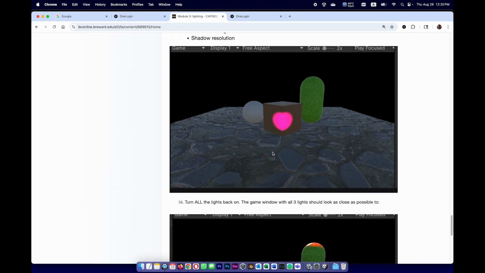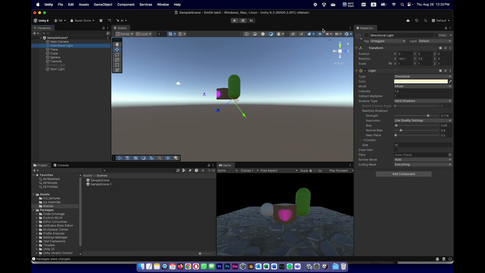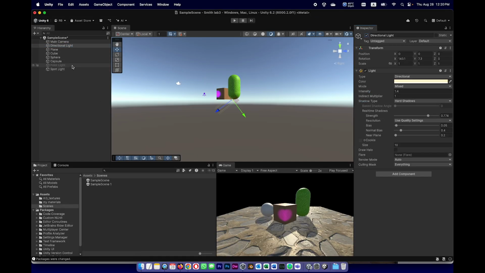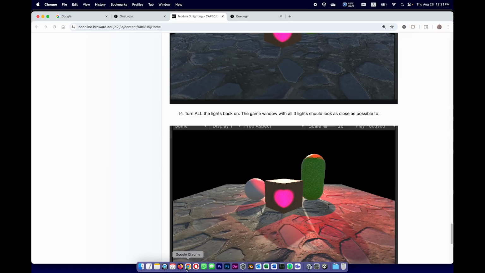The last step after you save is when you turn on all 3 lights, because this was just the spotlight. If you turn on all the lights, it should get a look that's as close as possible. I'm not expecting 100% close, but pretty close to this. So when I turn on my directional light and my point light and my spotlight are still on, it should get more or less this look, which matches more or less the look that you get in this screenshot on